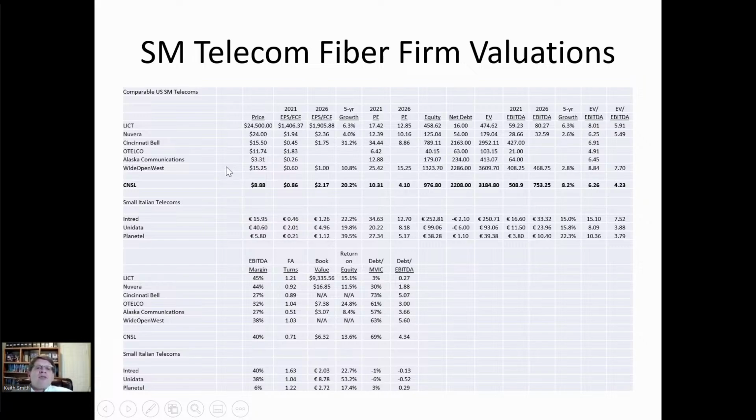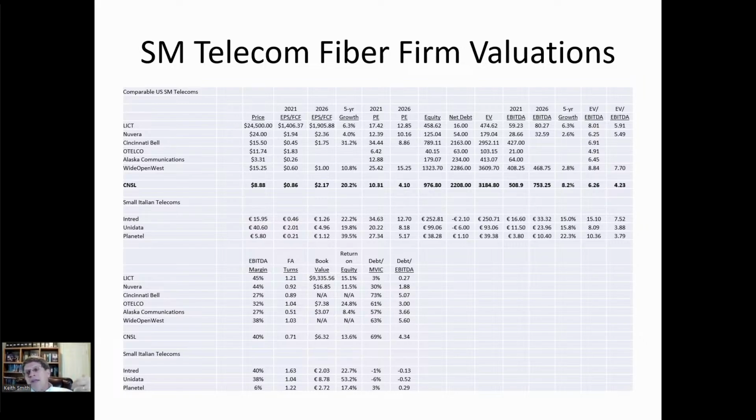And then this is just more details. I won't go into some of the specific things, but these are basically comparing, doing a 5-year model forward, taking a look at each of the components and incorporating those into the modeling. You can see Consolidated is among the cheapest today. Even if you're looking 5 years forward, it would still be relatively cheap given today's price. And so what Consolidated provides you is an ability to play this fiber optic rollout theme with a good amount of leverage, in a company that's levered at this point,